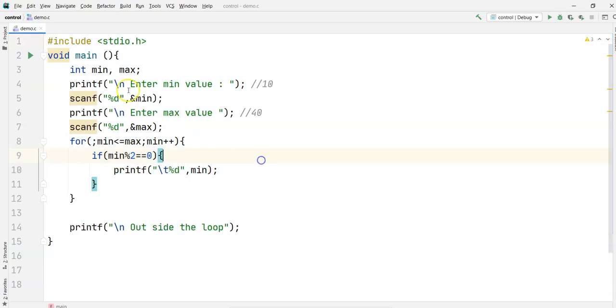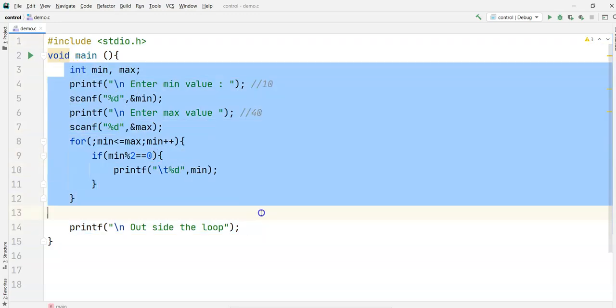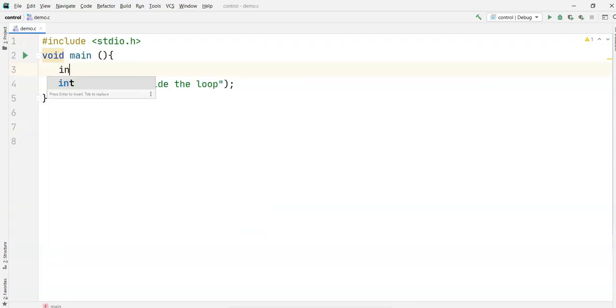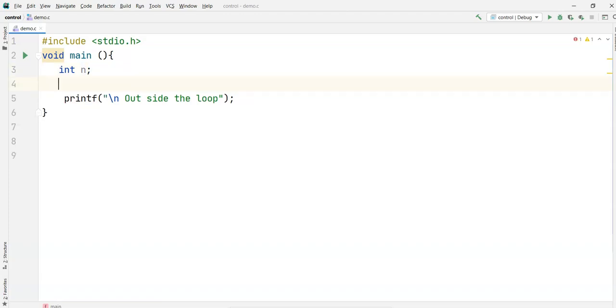So go to the C program, take out all this. Now first, integer n. Why have I taken n? I want to find the factorial for a given n. You might be giving 10, you might be giving 5, you might be giving 70, 78. If you are giving 78, it is itself a big number, it takes a long time. No one wants to calculate 78.